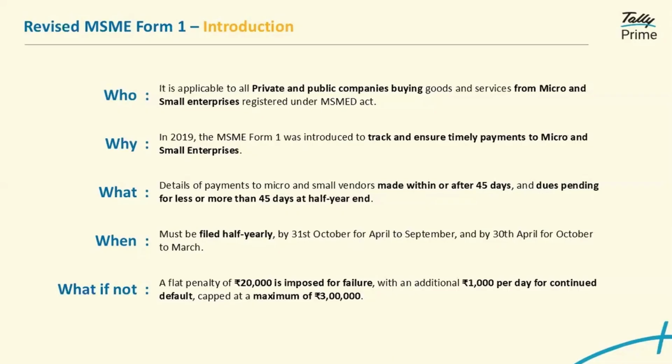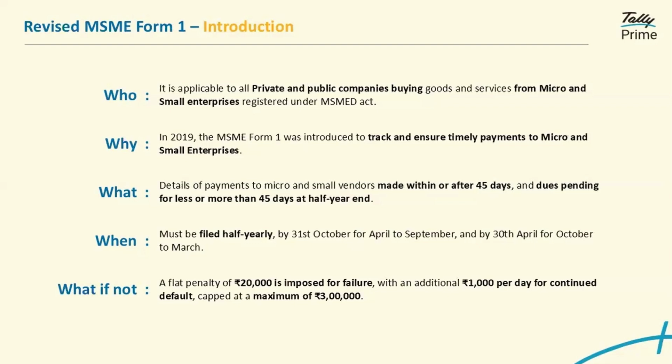So practically, earlier the compliance was simpler. You had to file only one form on a yearly basis, and that too for the pending payments. But now the new form is robust enough. The new MSME form is asking the entities to give the information of all the payments which are done within 45 days and which are done after 45 days, and also the information for the payments